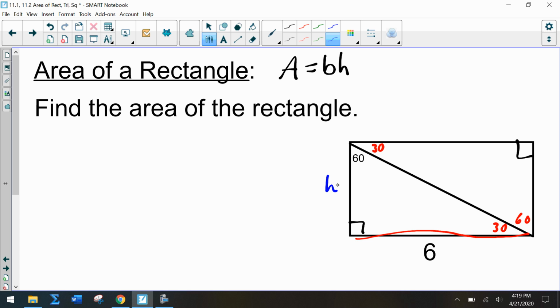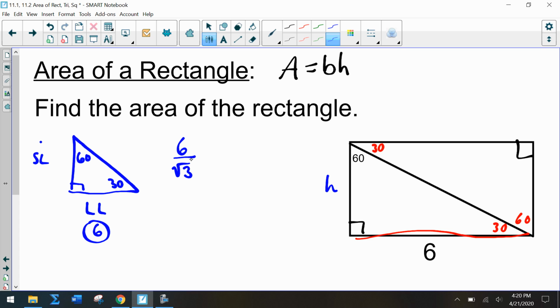So in order to find the height, we need to use this triangle that we have. So if I redraw this, we have a 60-degree angle and a 30-degree angle. Across from the 60, that's my long leg. So that length is 6. And then across from the 30 is my short leg. And so in order to get from your long leg to your short leg, we have to divide this long leg by √3 and then rationalize. So we have 6 √3 over 3, which gives us 2 √3 is the length of the height, or is